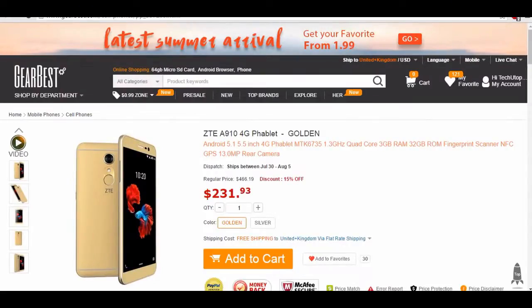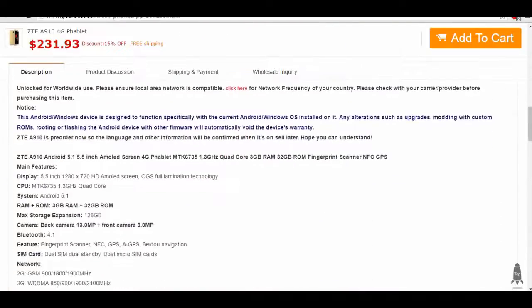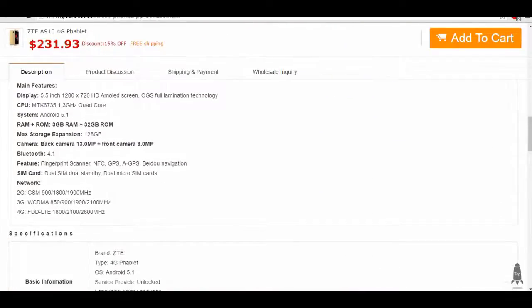So, last but not least, ZTE A910 for $232. What you get, of course, is the brand. ZTE is, I'd like to say, a posh brand. 5.5 inch AMOLED screen with HD resolution, OGS full lamination technology. Beautiful screen, man. 1.3 GHz clocking speed, quad-core chipset, Android 5.1 Lollipop, 32 gigs of storage, 3 gigs of RAM,